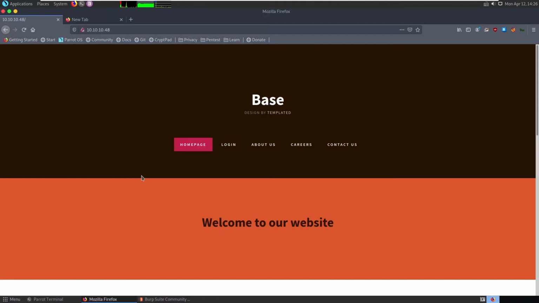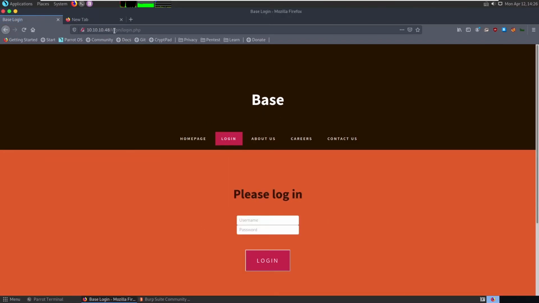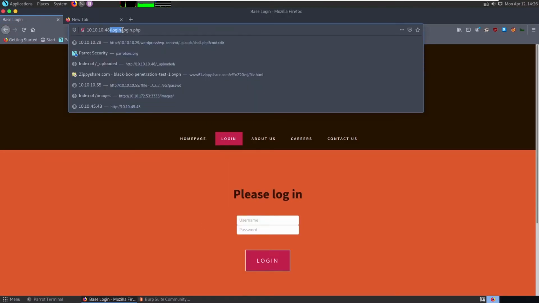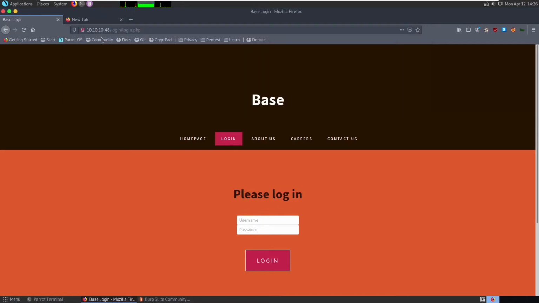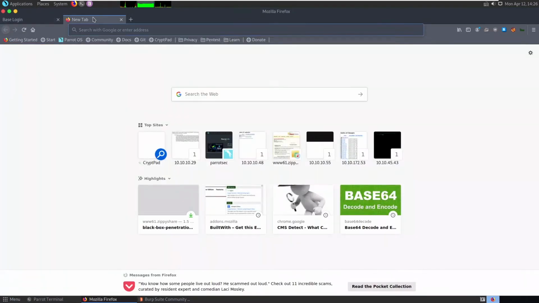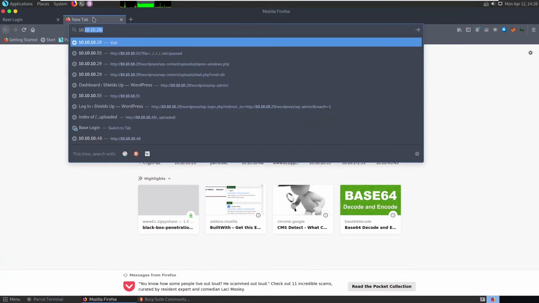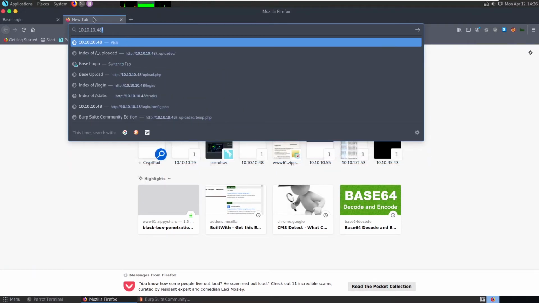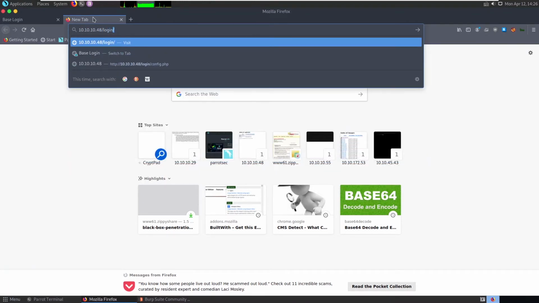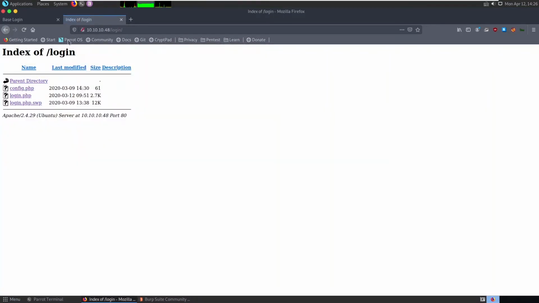So you can see we are at the index.html, and there are About Us, Queries, Contact Us. There is nothing about it, and you can click the login. So there is a directory login, and inside that directory there is a login.php. So what if there are some other files at the login? To know the index of that login page, you can go to just login instead of login.php. And now you can see there is a directory listing.